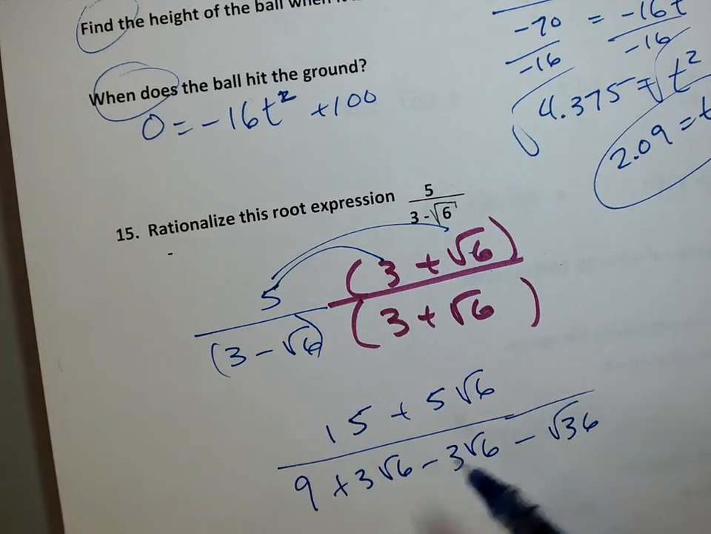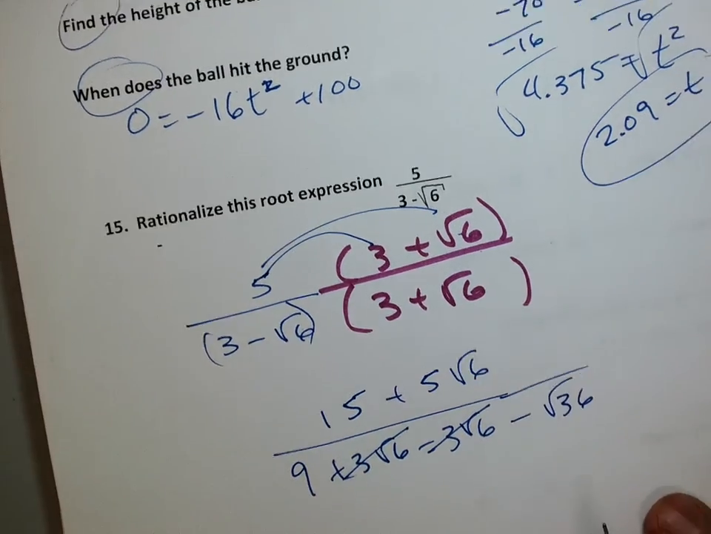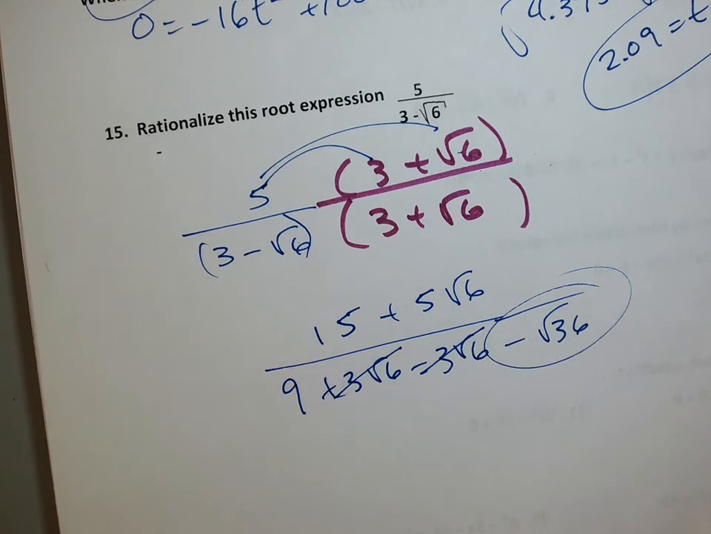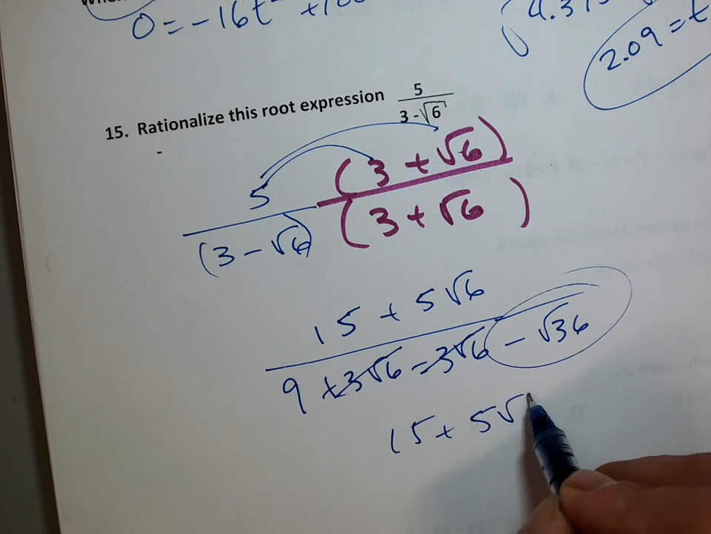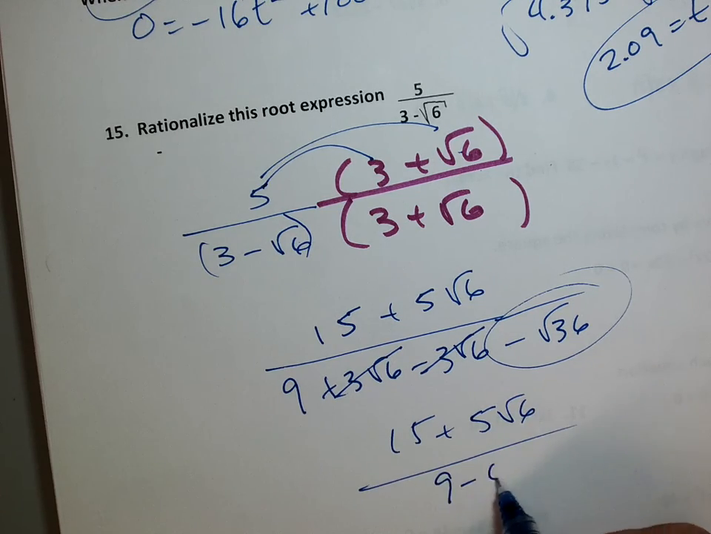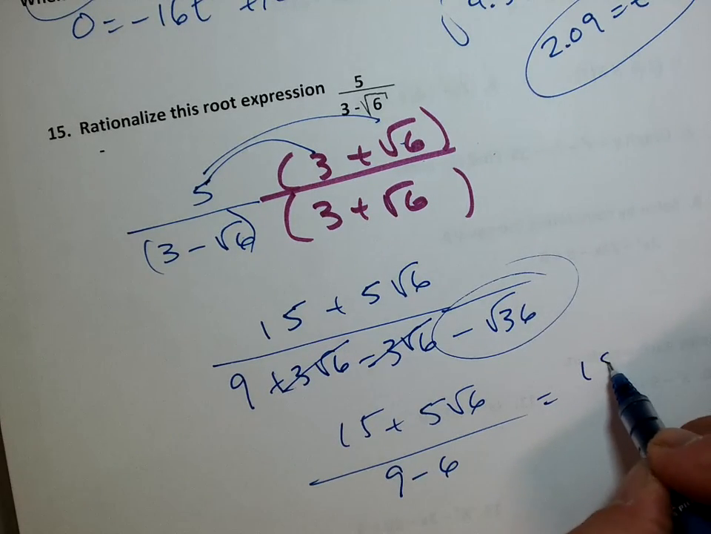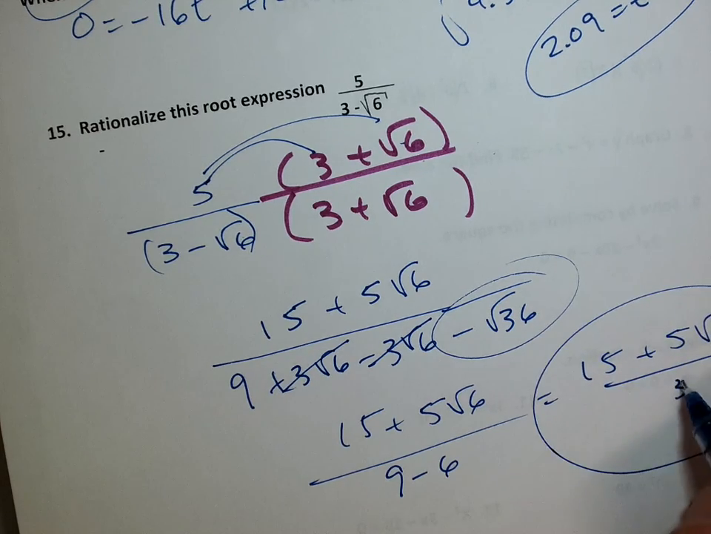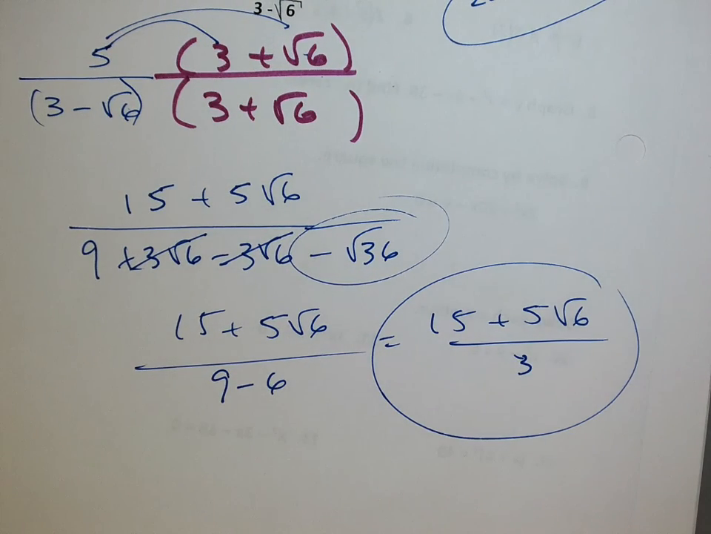Okay, now, cancel, cancel. You are getting this. Look at that. What's the square root of 36 now? This is 6. So I've got 15 plus 5 square root of 6 over 9 minus 6. There's no square root in the bottom anymore, is there? We've cleared the denominator. 15 plus 5 square root of 6 over 3, and that's my answer. All right, and it recorded, and I can put it up